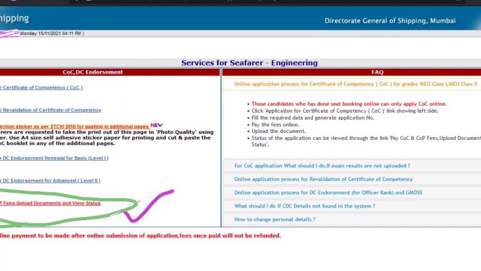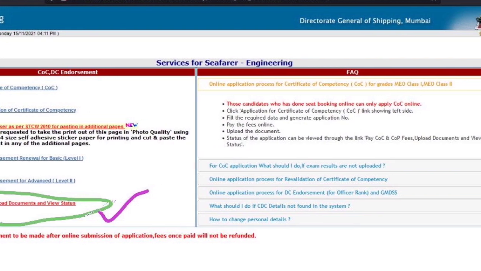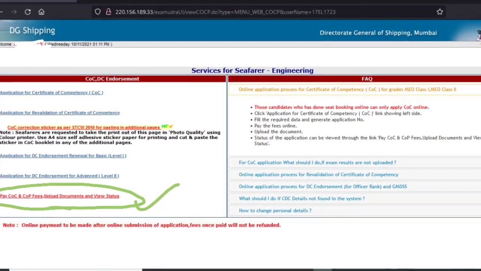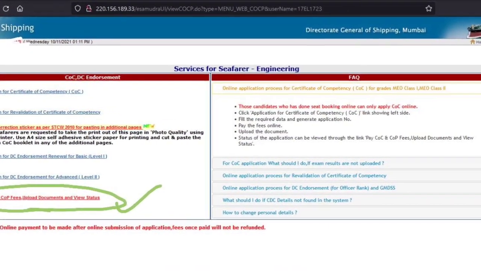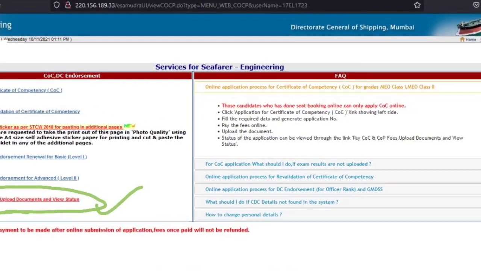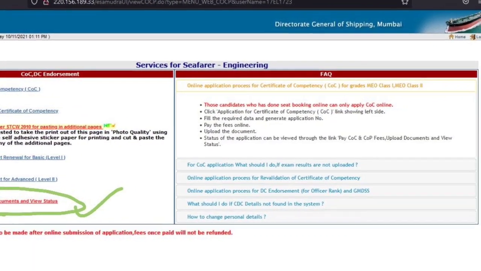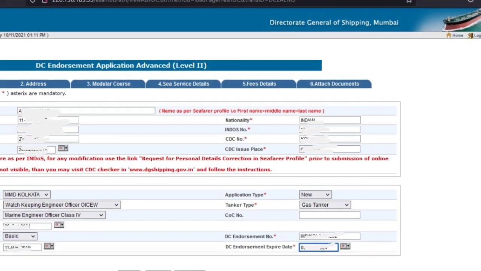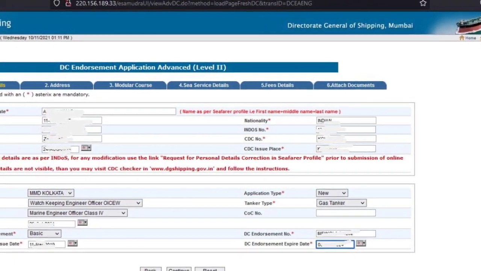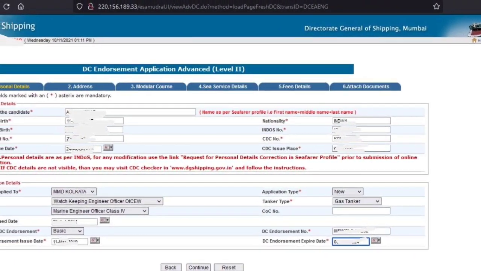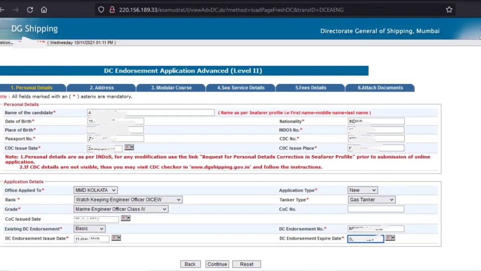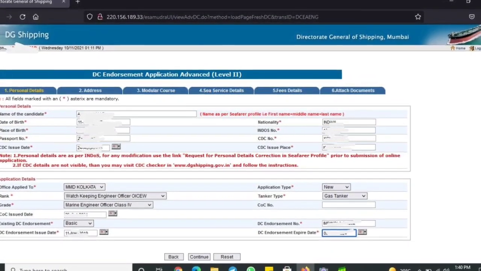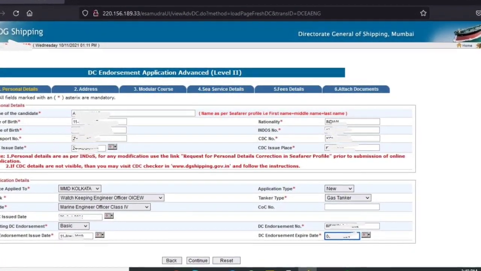So for applying for the DC level 2, click on this page and you will move to the next page where you will have 6 subsections which you have to fill very carefully. Let's move to the first one, which is for your personal details, which will be auto filled from your Indos profile. Now what you have to do here is fill in your